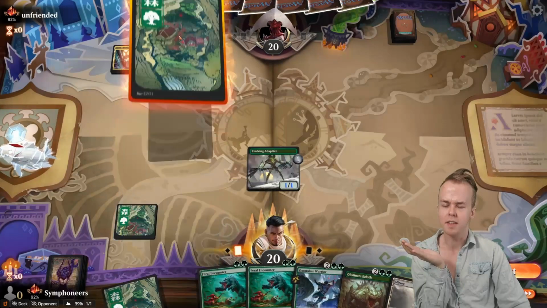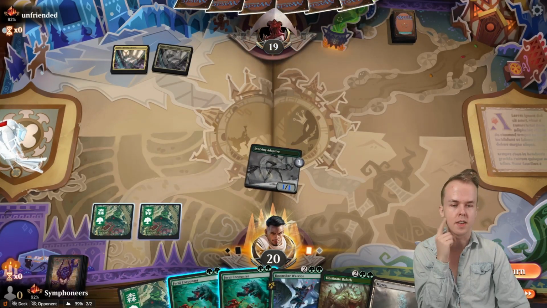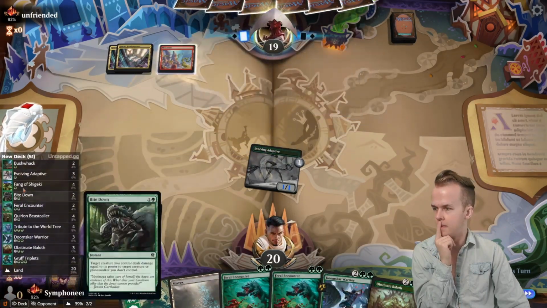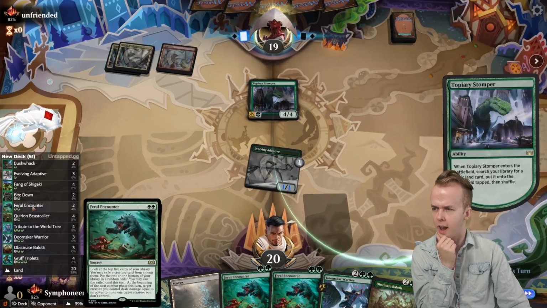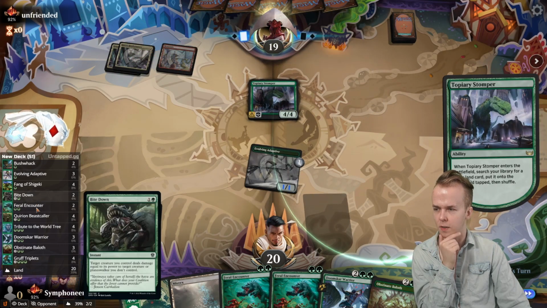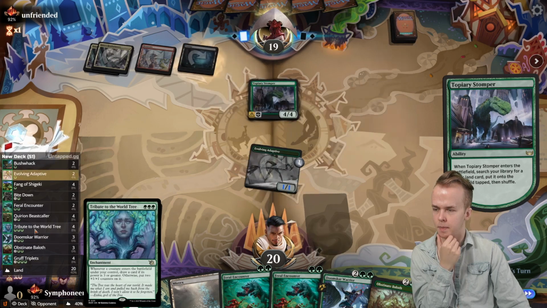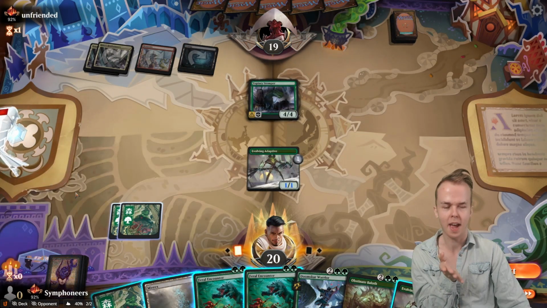I definitely feel the dead spot on... I guess we have kind of a dead spot on 2, don't we? Huh. We have the Beast Callers, but a bunch of our interaction is on 2 with Bite Down and Feral Encounter. So we only have 2 creatures on 2. Then we only have Tribute on 3, and yeah, there's actually,